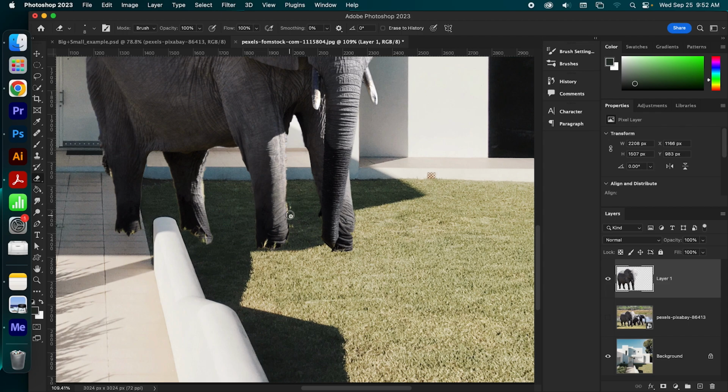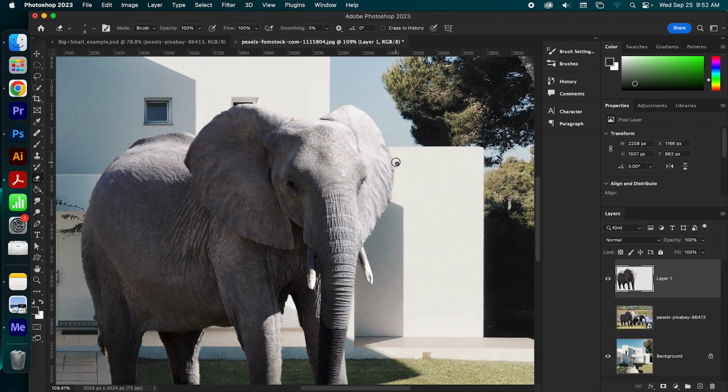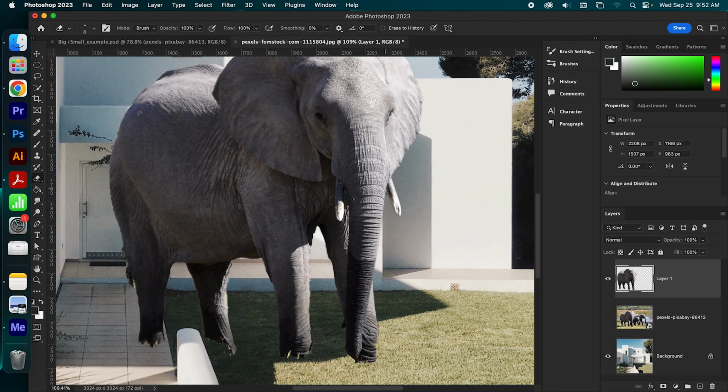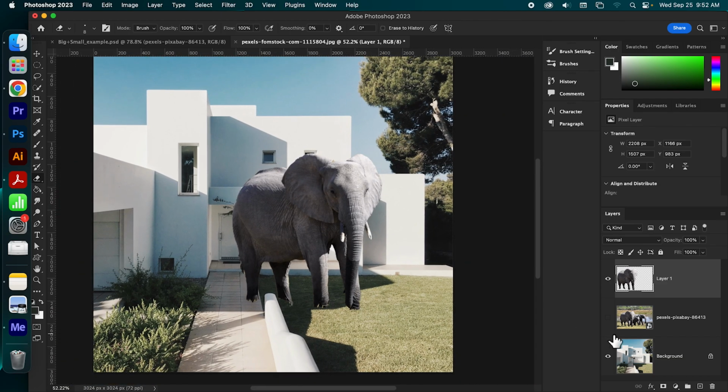You could spend a lot longer editing this to be totally accurate, but we are just going to kind of do our best here. Got a little bit of that elephant's back, none of the tree, a little bit over here. Okay. All right, so now I have an elephant.